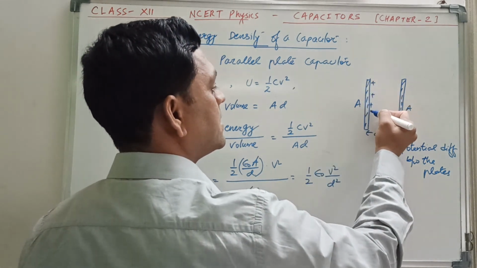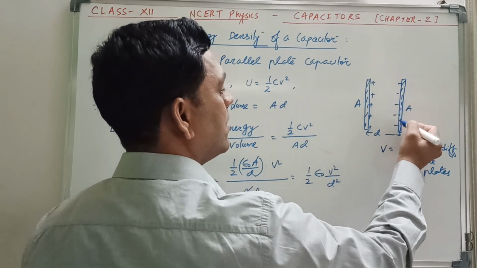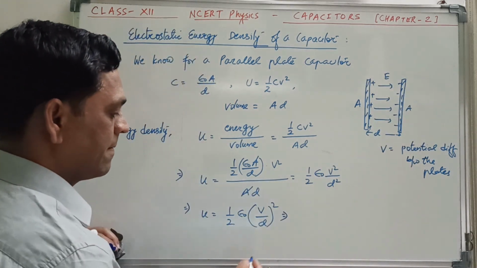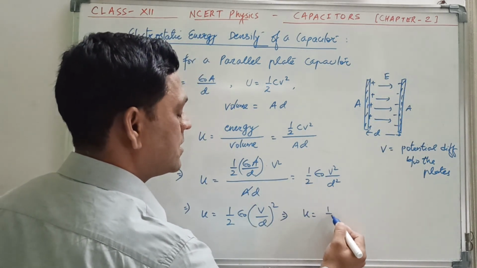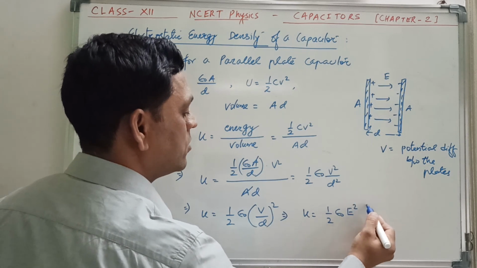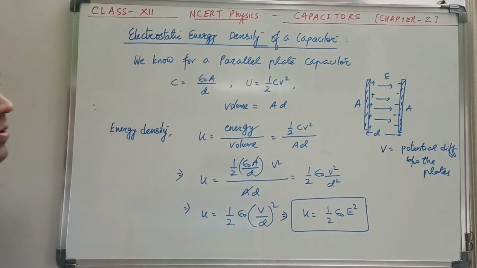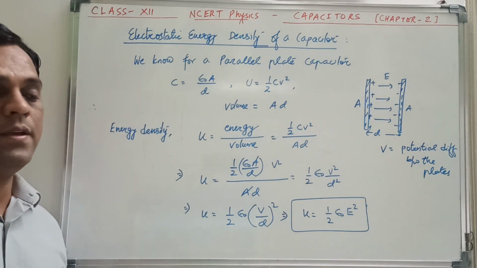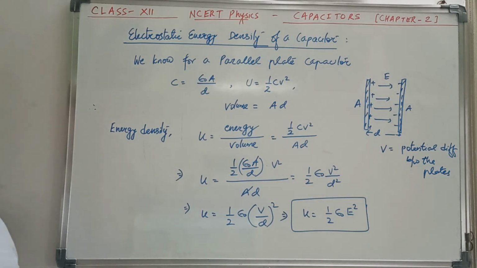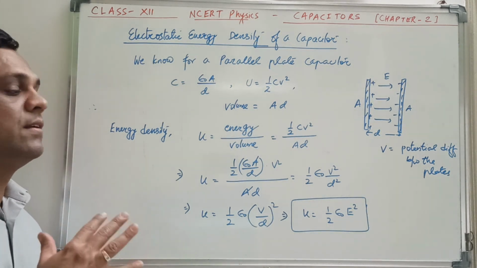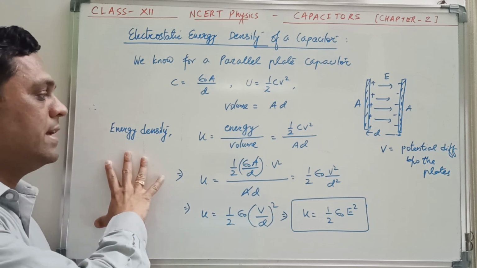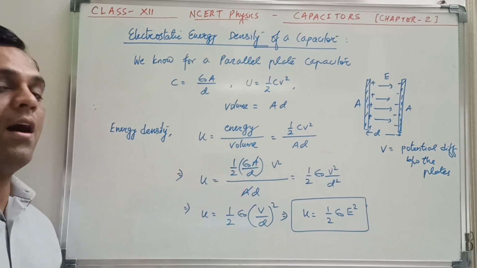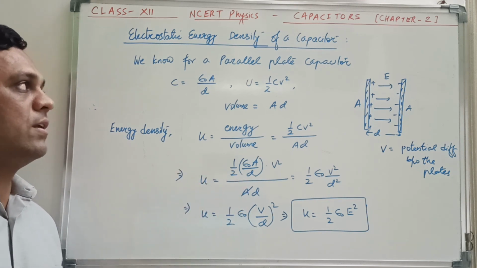This is plus charge, this is minus charge, so there will be an electric field developed between the plates of the capacitor. We denote this by E. So this formula becomes half of epsilon 0 E square. This is called the energy density of a capacitor. Though this result has been proved for the capacitor only, it is a very general result. Wherever you get some electric field, in a given volume there will be electric field energy density, and that will be half epsilon 0 E square only. Okay, thank you.